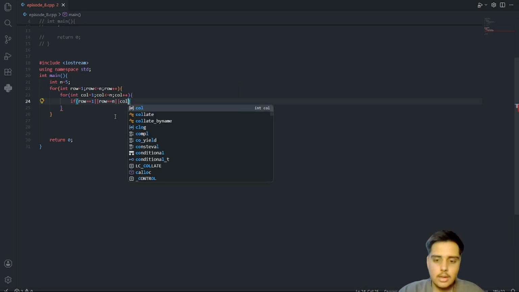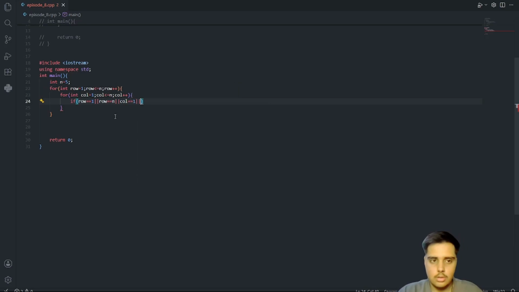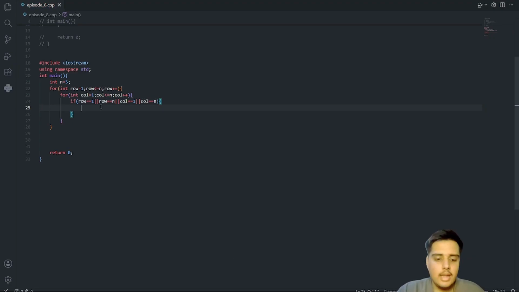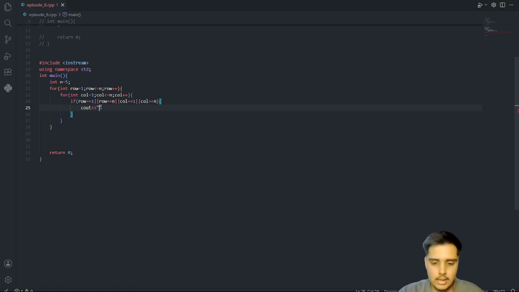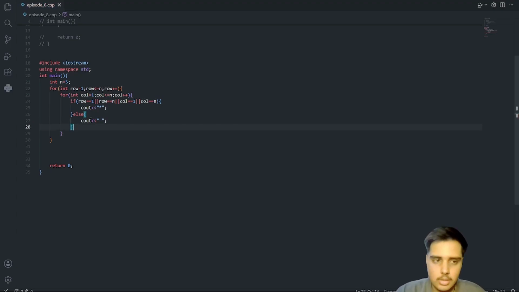Or either we can say col equal to 1 or col equal to n, which means all of these lines have star inside them at all the places. We will simply say cout star, and I will take else condition also here, not else if. I will say simply else, and inside this else I will simply print space, so nothing seems to be there.